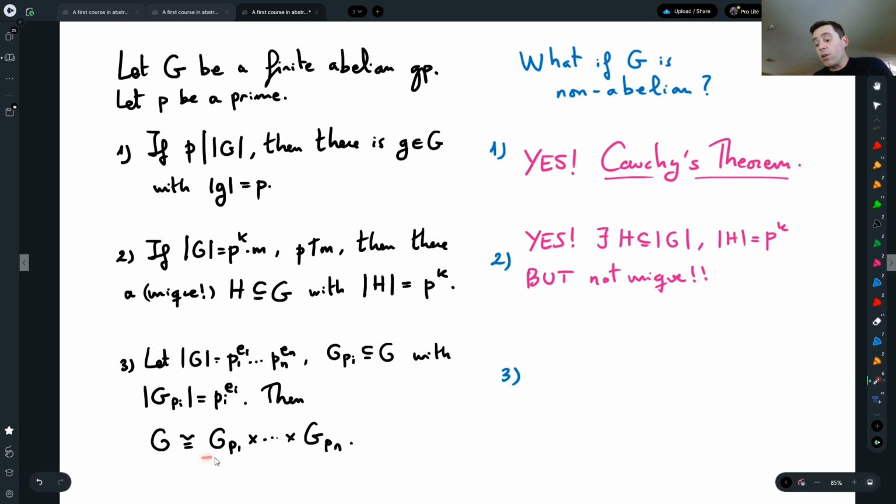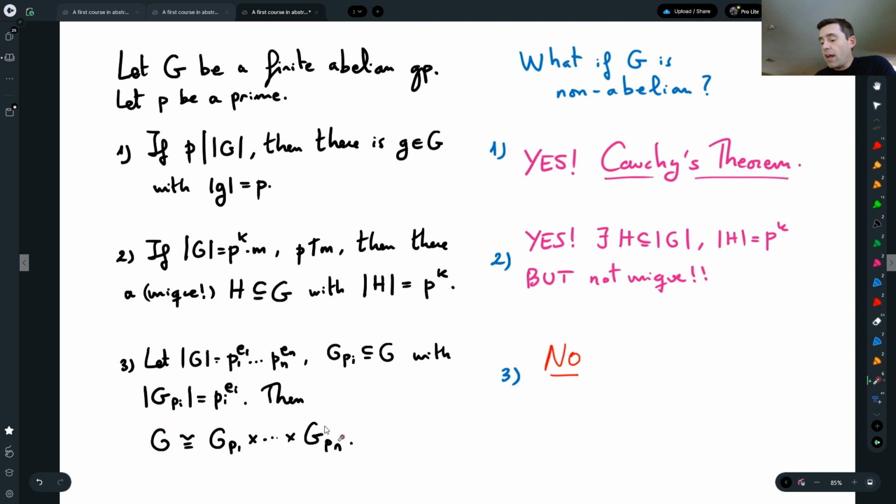G is a direct product of its p-primary components in the finite abelian case. And is this true when G is not abelian? That is the problem why this structure of proof doesn't work in the non-abelian case: no, even if we find groups that have that prime power order, the group itself